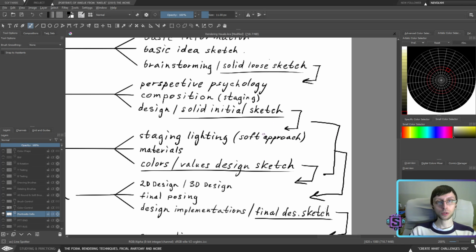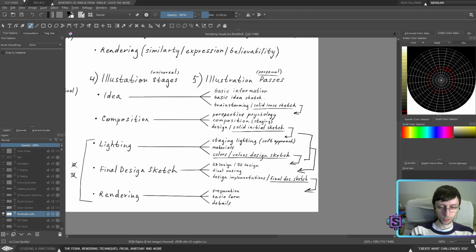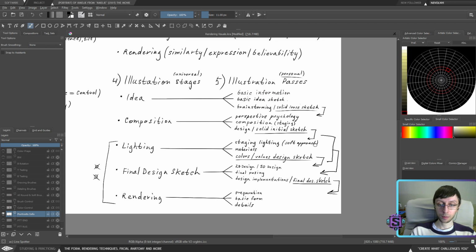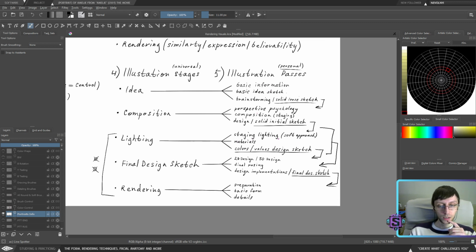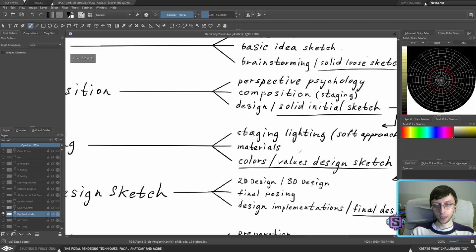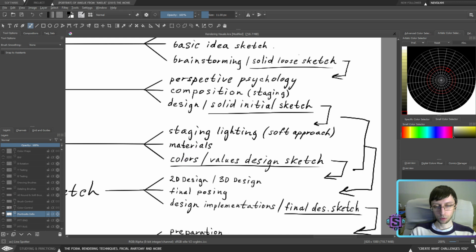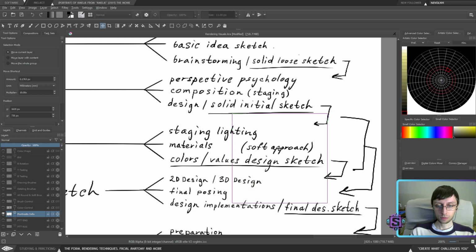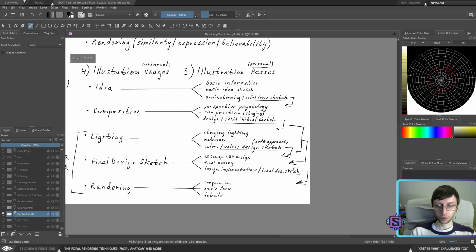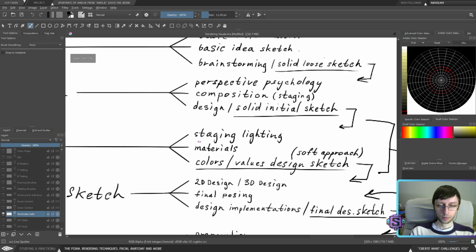Once I start to deal with those, I will completely explain and it's going to be visible. Right now it's just plain theory, maybe you cannot necessarily understand what I'm talking about, but again: soft approach, staging, lighting. We're going to start to deal with the soft approach once we start to deal with lighting, because once lighting is staged, we will already start to implement color. Maybe the soft approach is going to be used with Final Sketch. Yeah, probably in Final Sketch, once we start to work with colors, because I don't believe that right here we're going to actually work with colors.